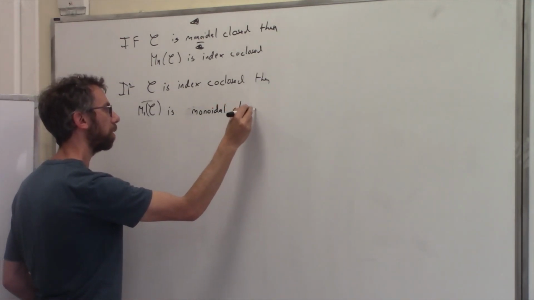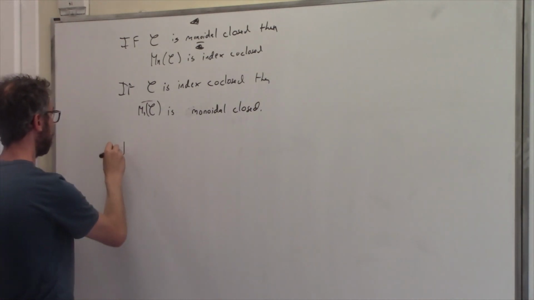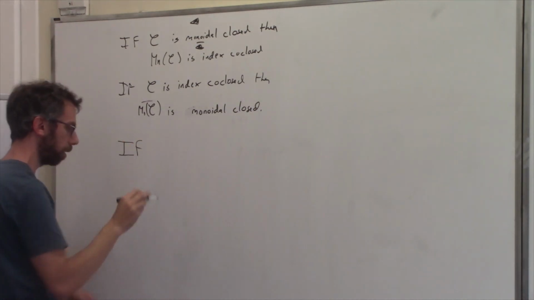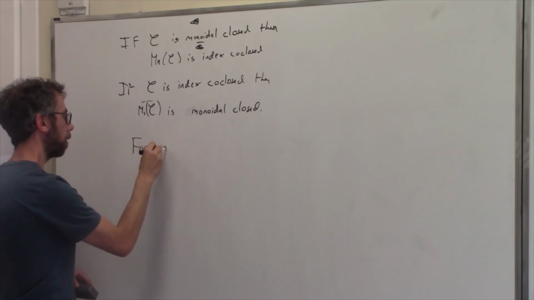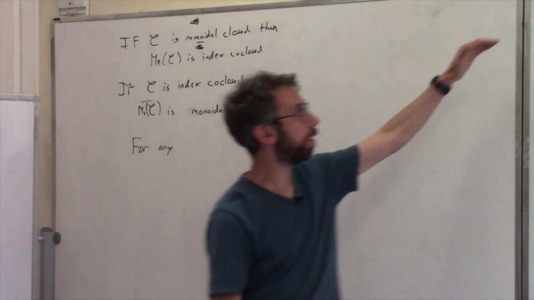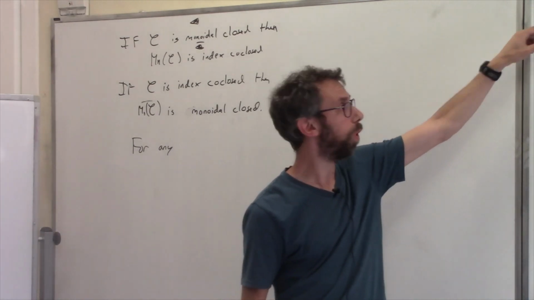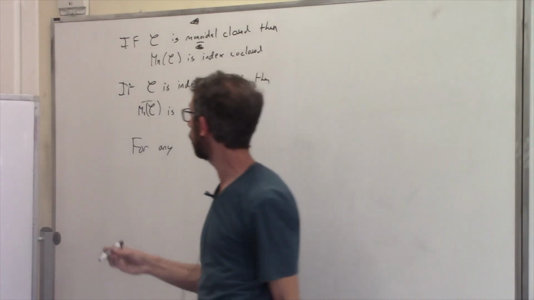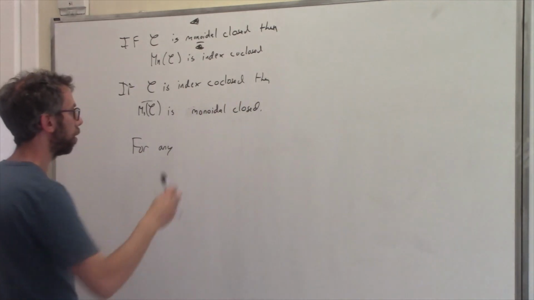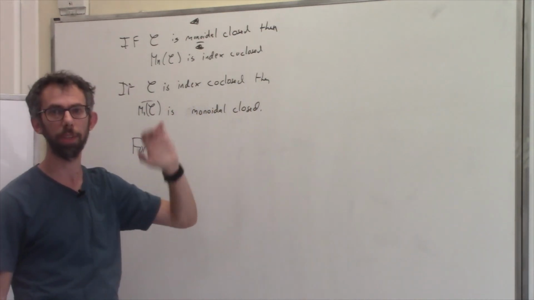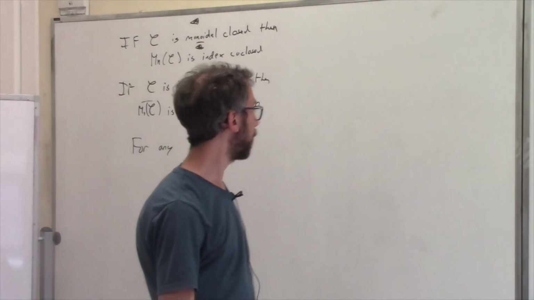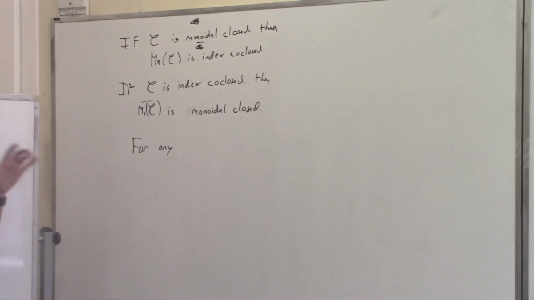But now getting to Wesley's question, I probably could have gotten to this earlier. The point is, if we're just going to build stuff up one piece at a time, one has every possible structure, and therefore it's monoidal closed, it's index co-closed, so therefore the next one is both, and then therefore the next one is both, et cetera. So we get to kind of keep what we had. It just kind of often goes.